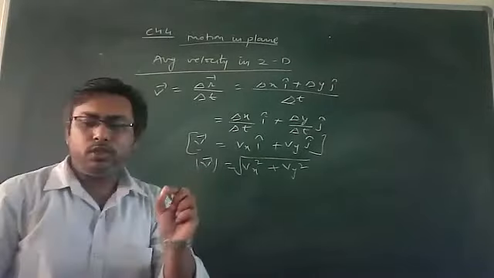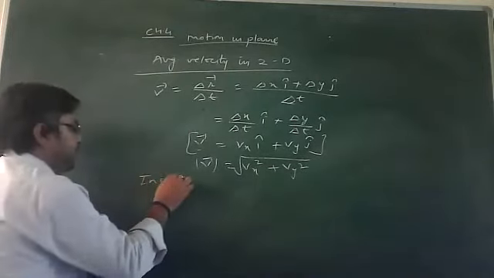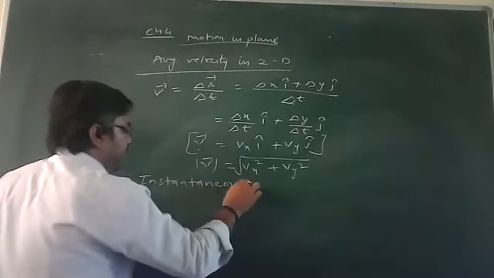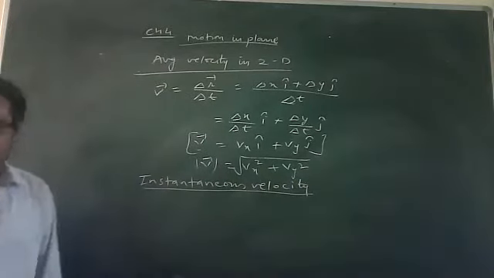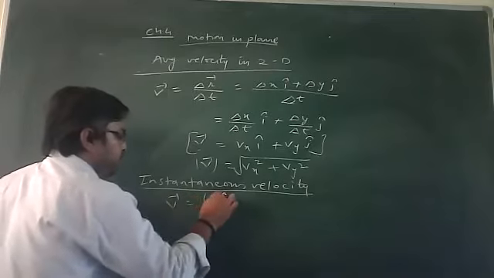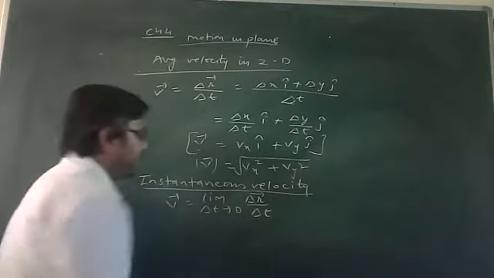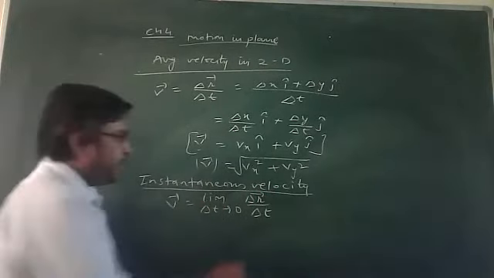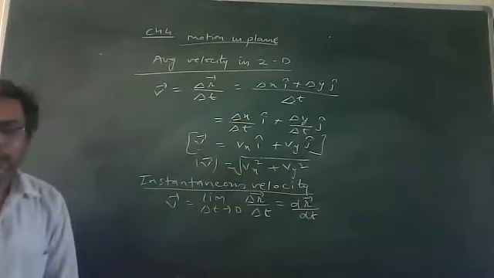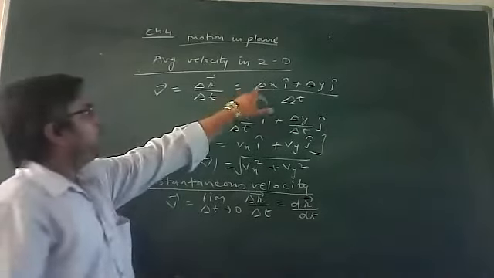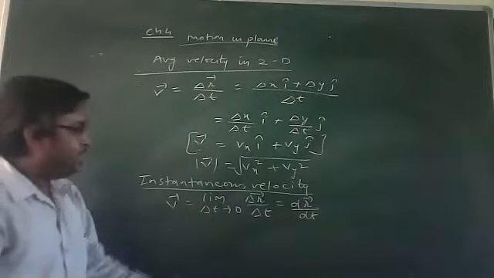There is one more terminology, that is called instantaneous velocity. So how will you calculate that instantaneous velocity? That is simply the differential. Here I am discussing instantaneous velocity. What is instantaneous velocity? Velocity is equal to limit delta t tends to 0, delta R vector divided by delta t, and limit delta t tends to 0 can be expressed as dR vector divided by dt. I will take the differential of this position vector. In the same way, I can split the delta R vector as delta x and delta y, so I will convert it to dx and dy.